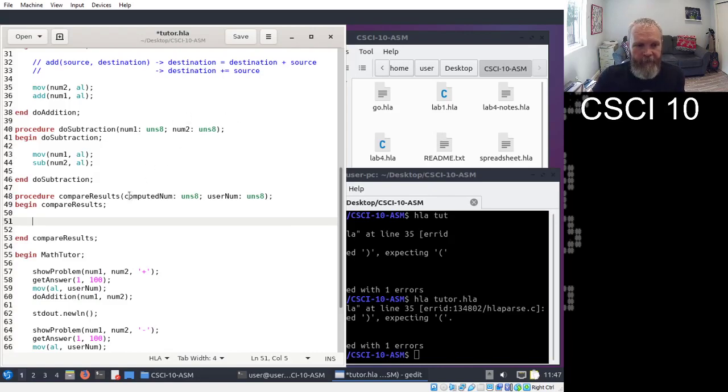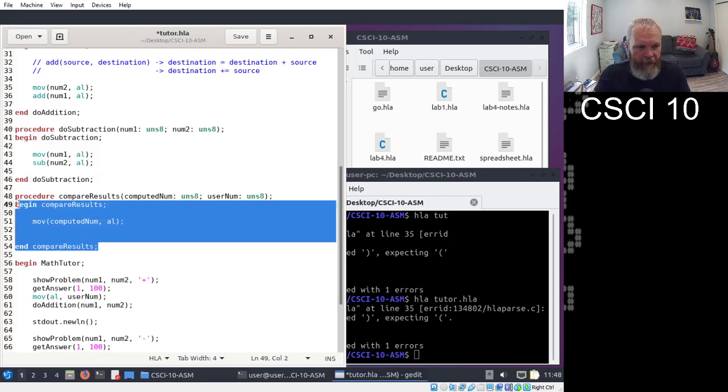So these are basically like two variables, and you can't do memory to memory. So I'll refer back to what Captain Price said earlier, which is you've got to offload one of these into a middleman for the sake of comparison. So it doesn't really matter in this case. I'll take the computed num and put it into AL. This is going to seem weird in a second when you see how we get here, but